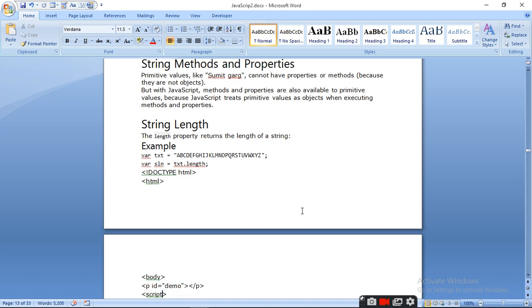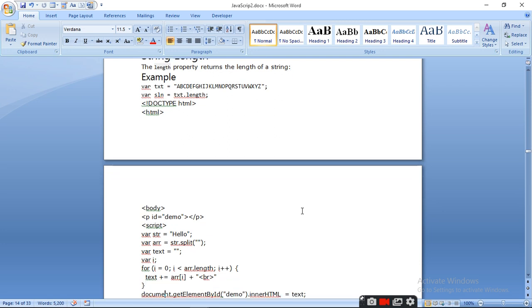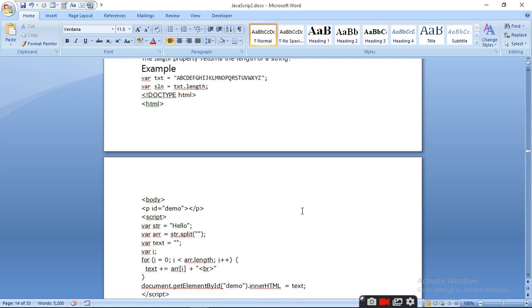How? Let's see. String length demo. Hello, str split, and text is equal to null. You have taken the word hello in a string and taken an array in which you want to split the characters by null, and in the starting you are initializing the text by null. Then variable i you are taking to create the for loop.